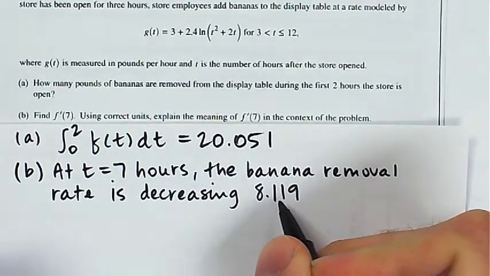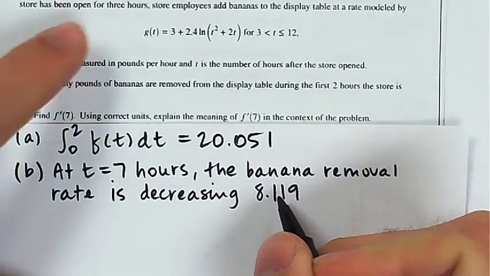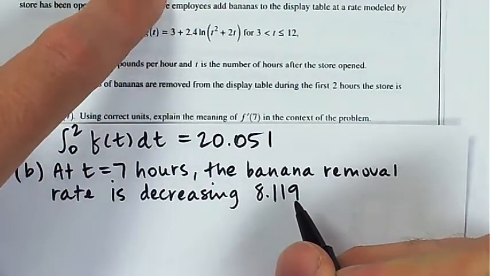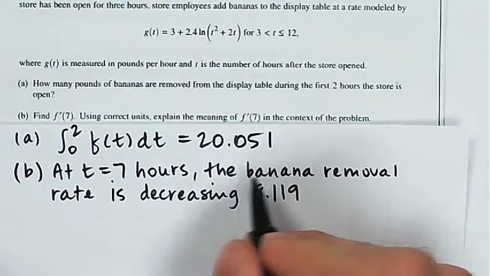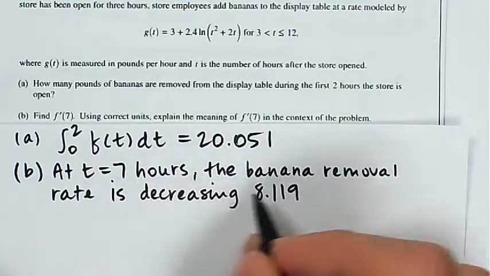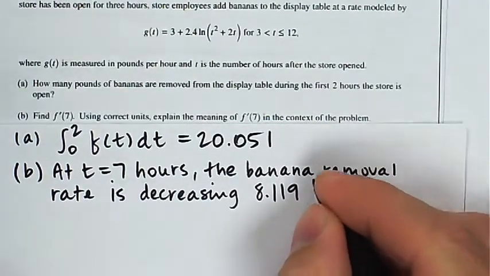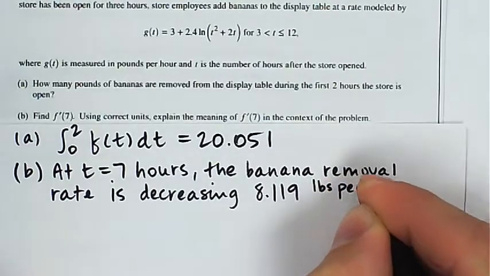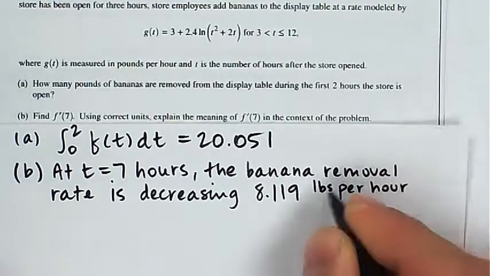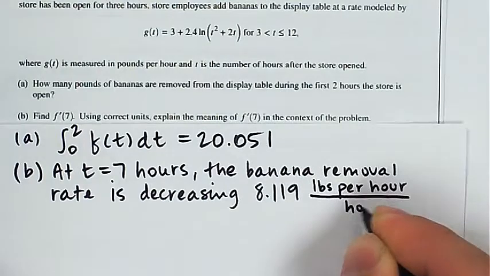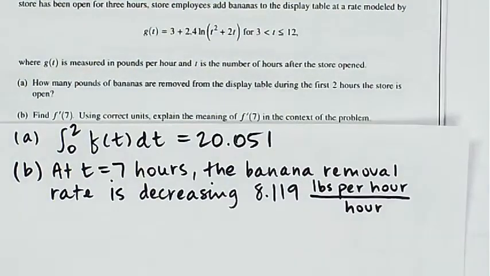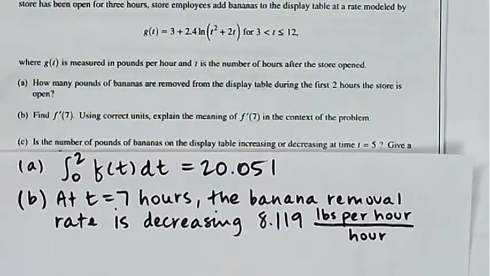And what are the units of f? Pounds per hour divided by units of t, which is hours. So the banana removal rate is decreasing 8.119 pounds per hour. And that would make sense. The rate of change for a rate is going to be pounds per hour per hour. Okay, then